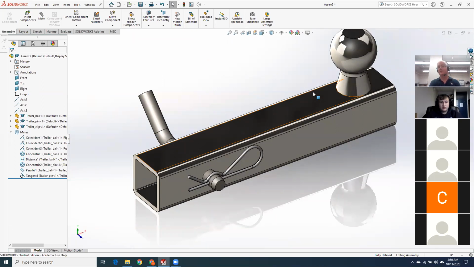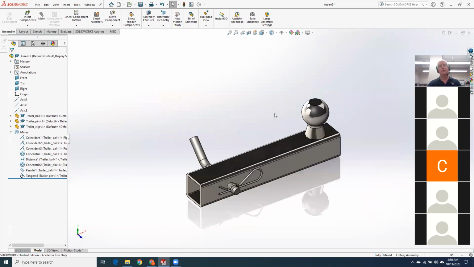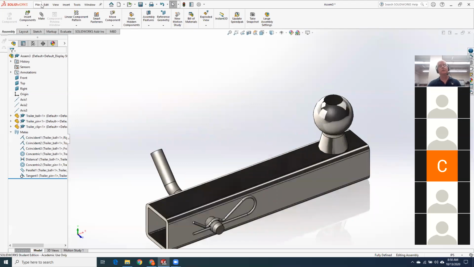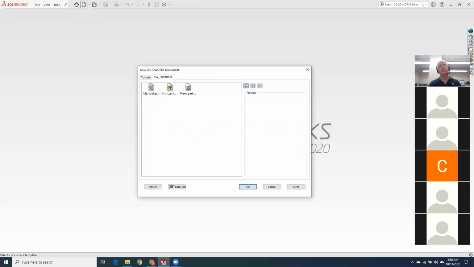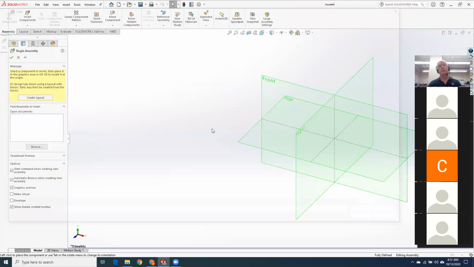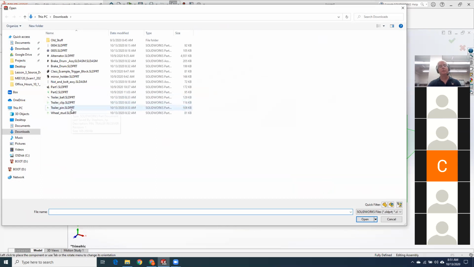That would be me. When I put the trailer hitch in, it's not letting me mate it to the principal planes. Yeah, the planes. Okay, float it first, then you'll be able to mate it. Okay, how do I do that? So what you're going to do, let me see if I can. So if I bring in,